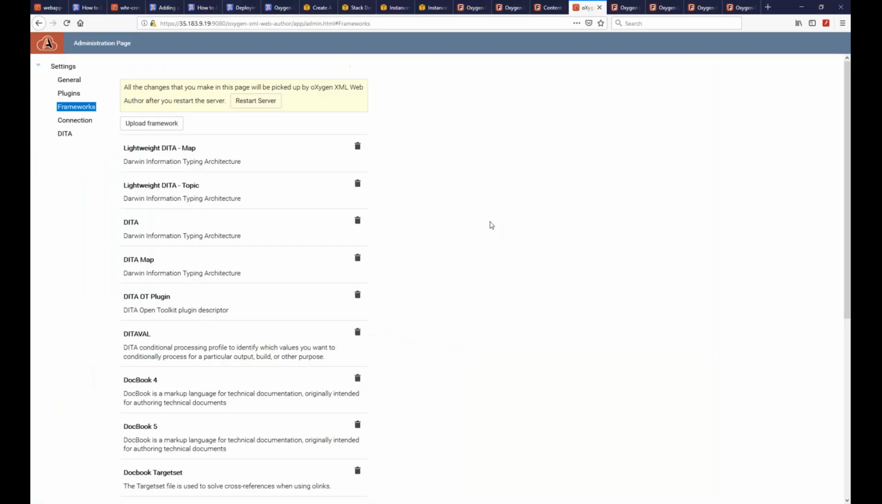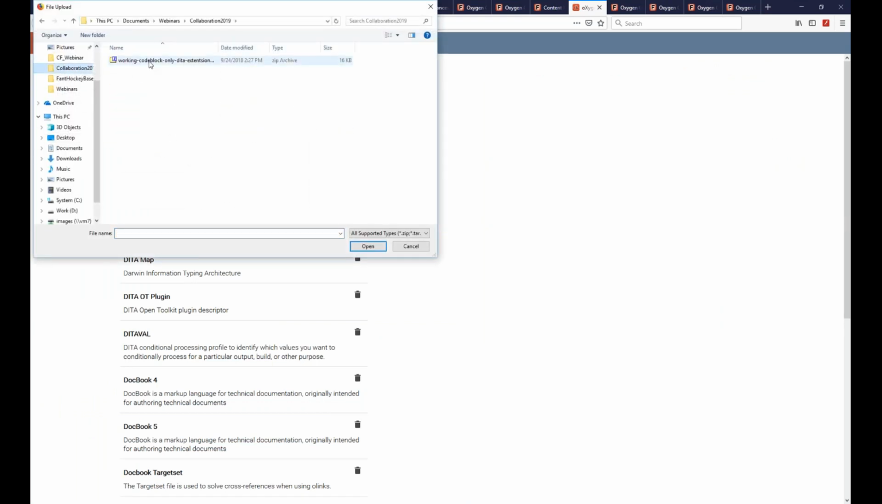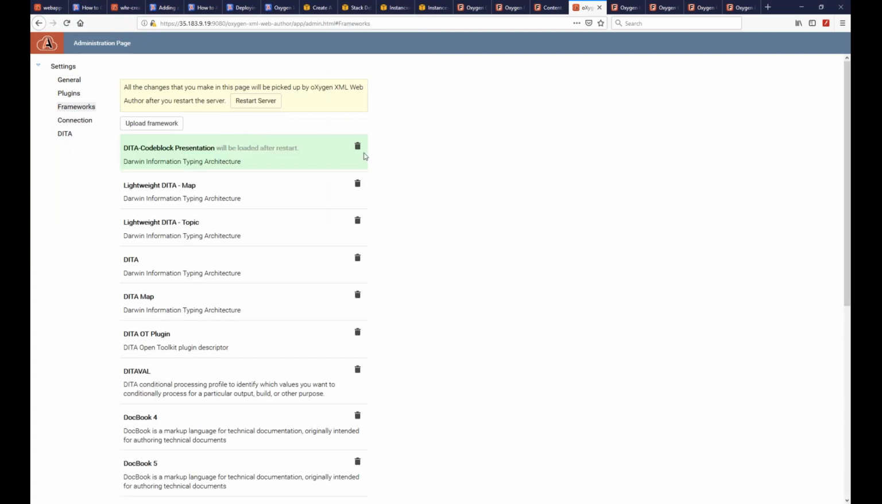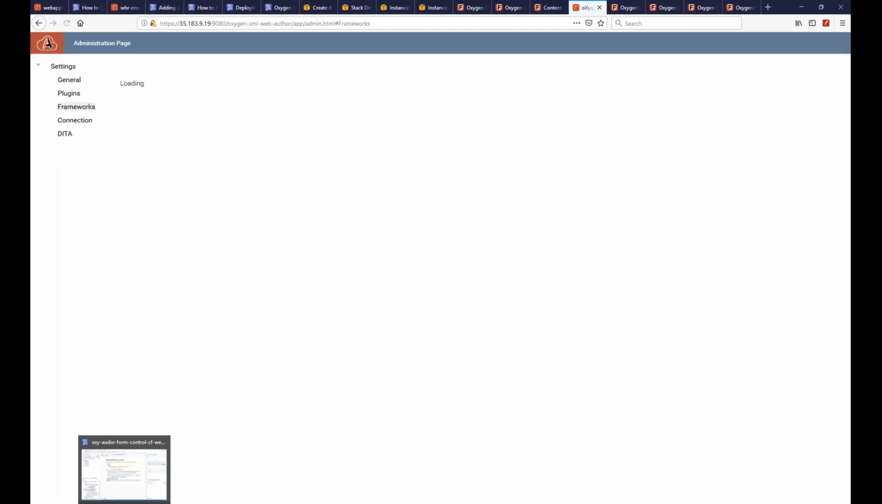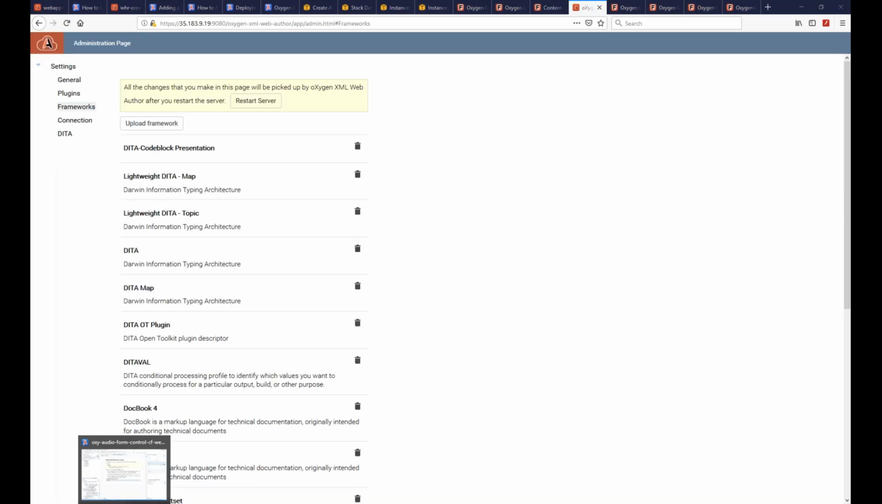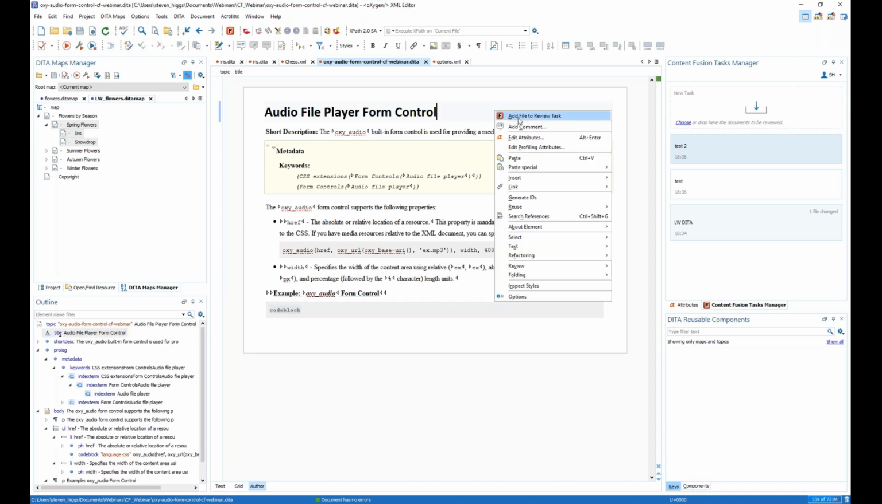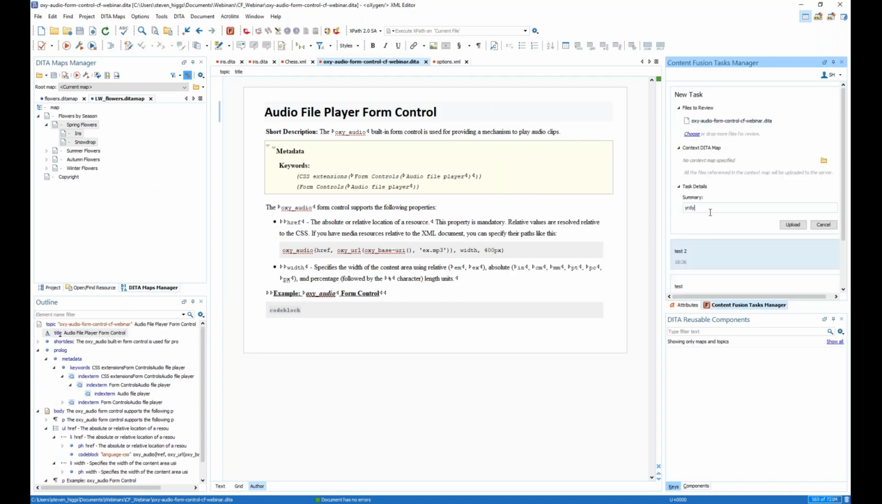And back in the admin page in the framework tab, I need to upload that custom framework. It's very simple. Once I've uploaded it, I need to restart the server, and that doesn't take very long here. So now it's uploaded. Now if I send this file,